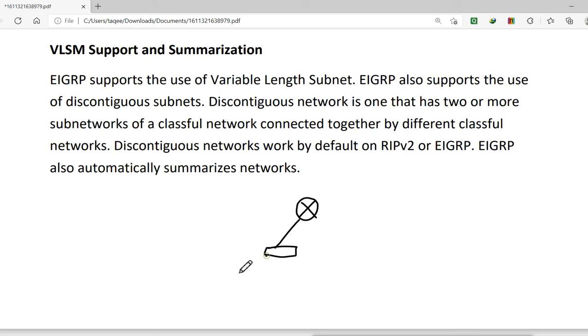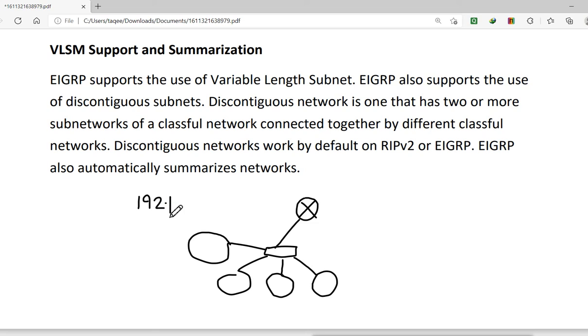Now in that LAN network we created 4 subnets, of the same network, like 192.168.1.0. So for example, this is the network we have, and let's say we created 8 subnets, and we put 4 subnets here, 1, 2, 3, and 4.